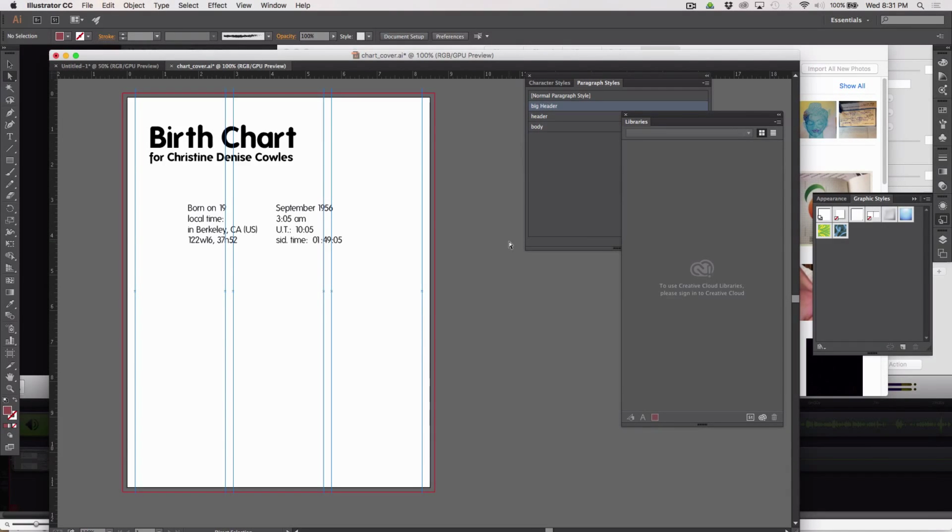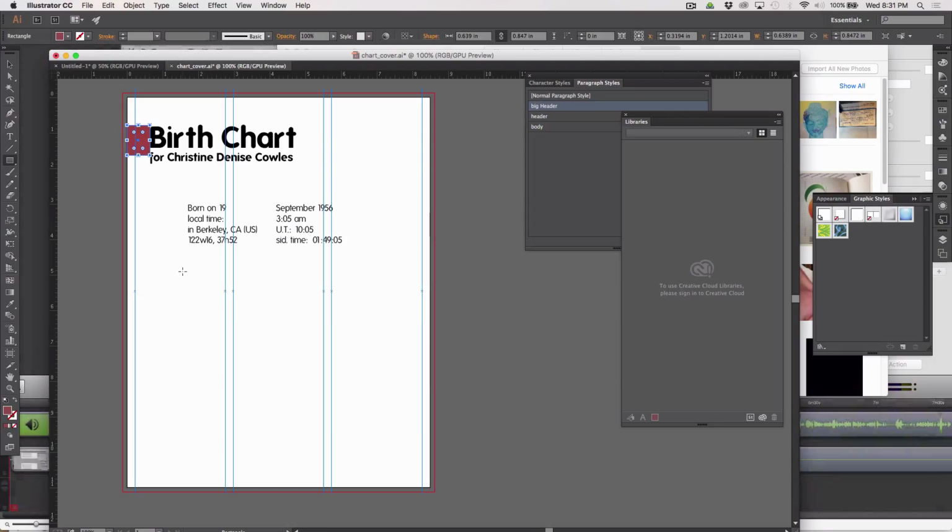Okay, so I have now decided that I want to get this type to fit across two columns. I'm not going to marry myself to the very quarter-inch mark here, but I am going to measure the distance between the edge of the page and the beginning of the B, and I'm going to do that again with a rectangle. And I'm going to make a box here. And if I want to know the size that I just created that box at, I press the Option key with the rectangle tool still selected, and click, it will show me